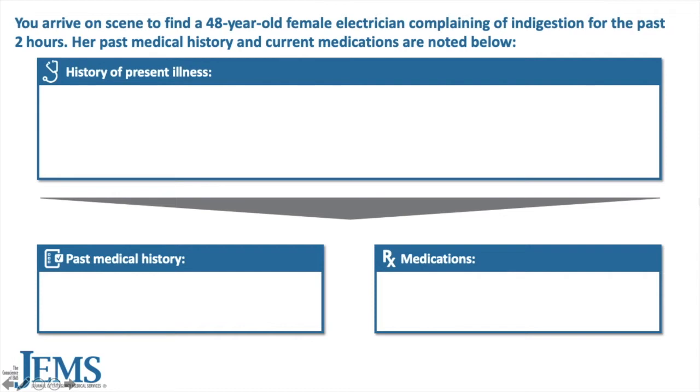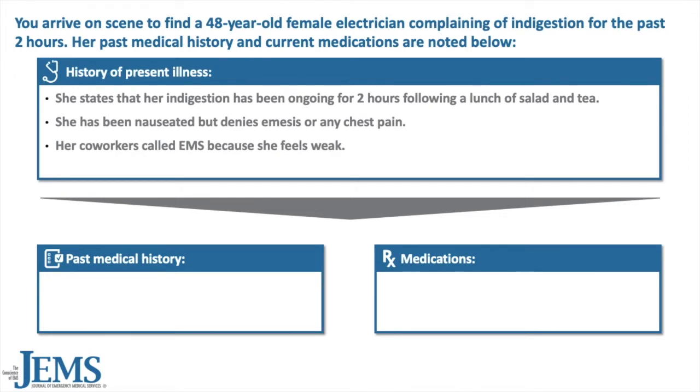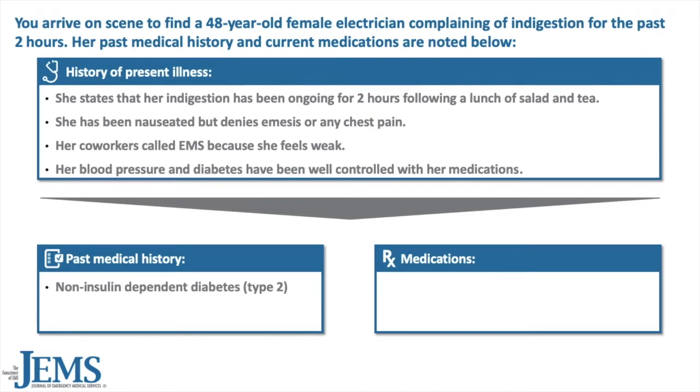You arrive on scene to find a 48-year-old female who works as an electrician. For the past 2 hours, she has been experiencing epigastric pain that she states feels like indigestion. This pain is associated with nausea and weakness, however the patient denies emesis, chest pain, and any other complaints. She has a history of type 2 diabetes and hypertension, both of which have been well controlled with metformin and hydrochlorothiazide respectively. As part of your assessment, you obtain a 12-lead ECG, but before we look at that, let's briefly